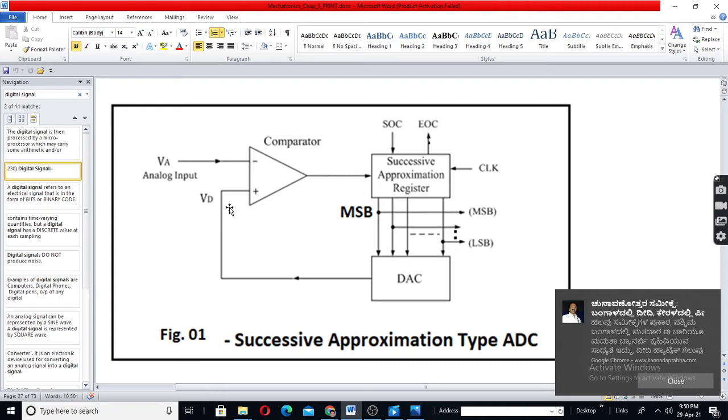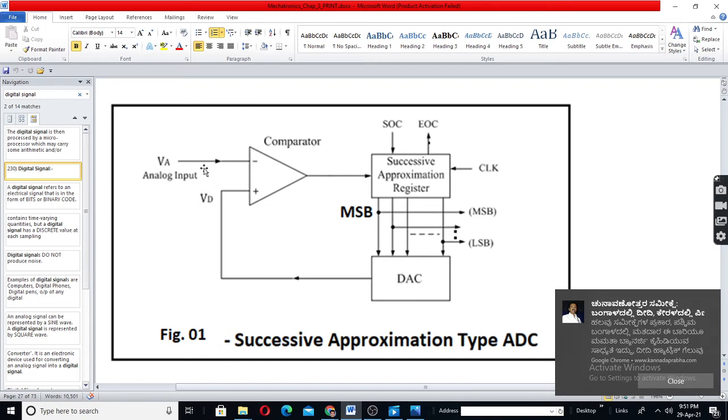Even if it is 5.3 volt, now this will be 5 volt. It will make a 1 0, you will get 101. Again it will become low, but okay, it has already come up to the LSB. At every clock pulse, one bit is tried. In the first clock pulse, MSB is tried, means MSB is set to 1 and then checked for this process. Now let us take another example.